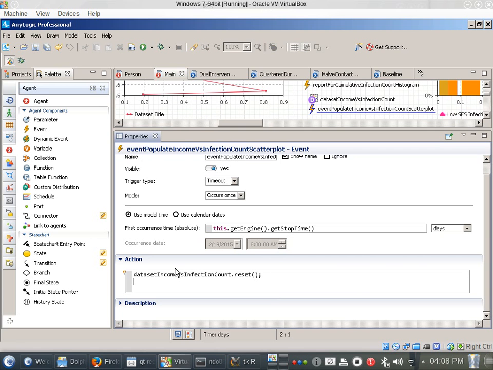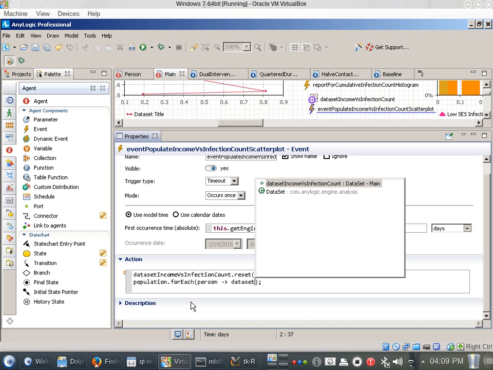Okay, we have to go over the population one by one by one and add what for each of them? Add their income and the number of the count which they're infected. So my preference would be to do this as follows. Population dot for each person, that's handled by this for each. What do I want to do? I want to add to what? To the data set